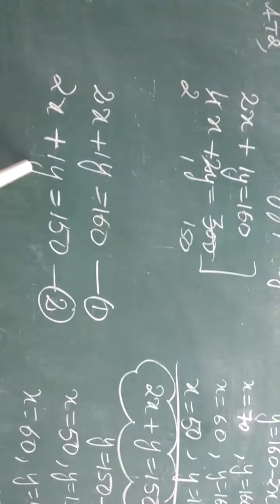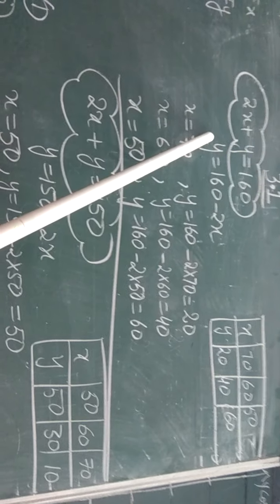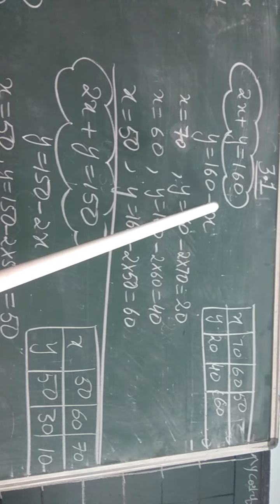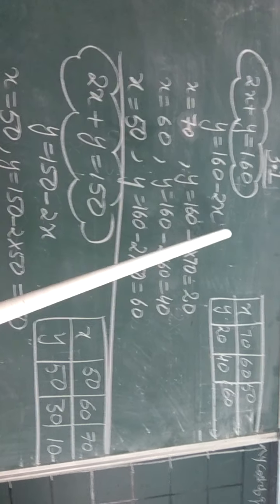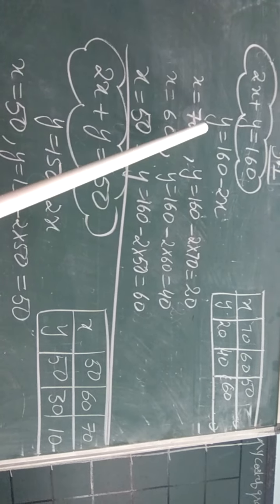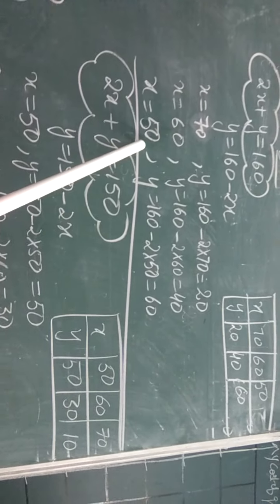Now for the geometrical, for graphically, let us find out the coordinates. In the first equation, we'll keep y on the left hand side because its coefficient is 1, and we'll take 2x to the other side because it is in combination. So it will become minus 2x. Assume the values of x in this form. Why am I not taking 1, 2, 3? Because the cost of apple can't be 1 rupee or 2 rupees. So I've assumed multiples of tens.